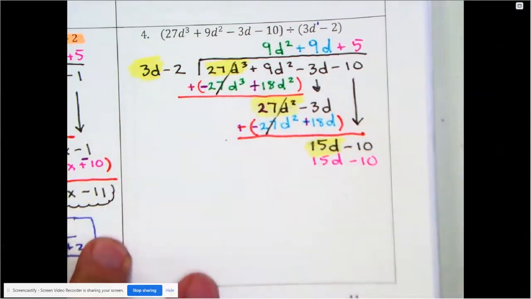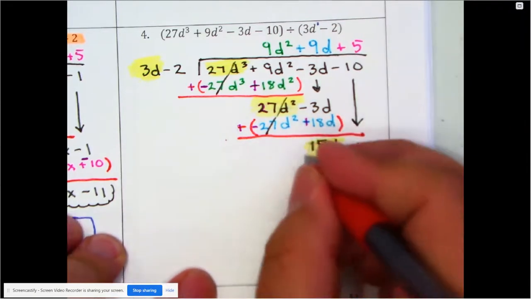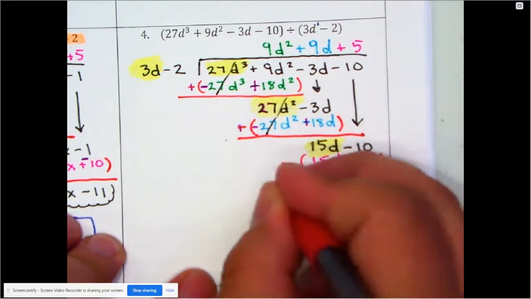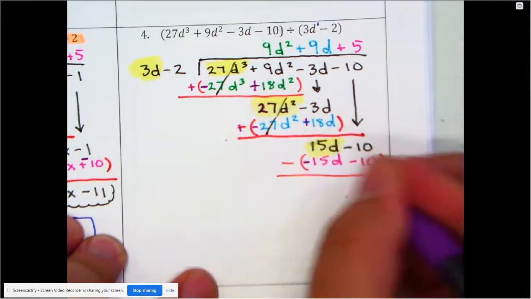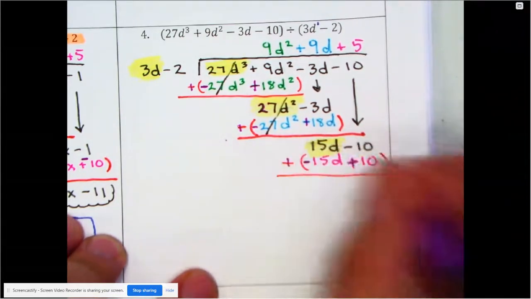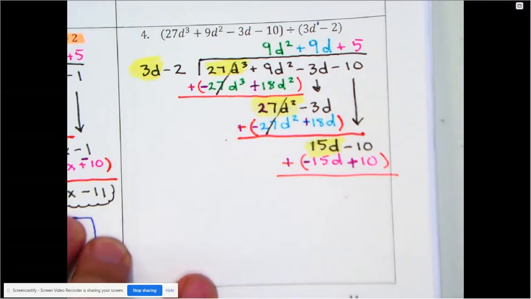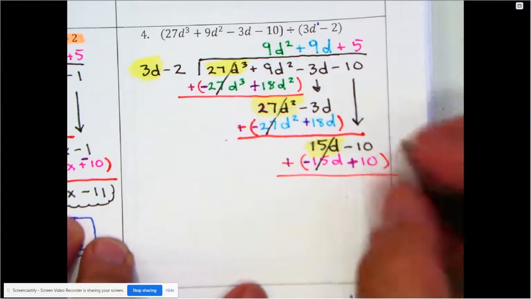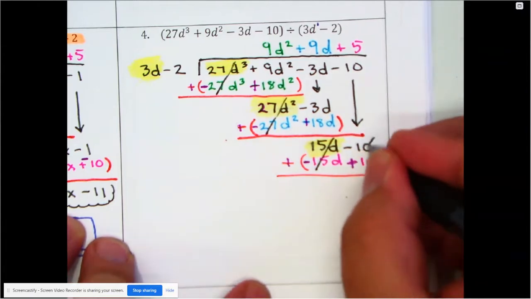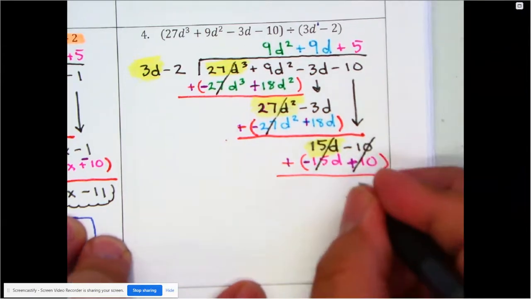Okay. We're going to do our subtraction here. Subtraction means that I'm going to change my signs. That's a negative, that's a positive now. So notice, my 15d minus 15d is gone. And when you look at this one, negative 10 and positive 10, also gone,